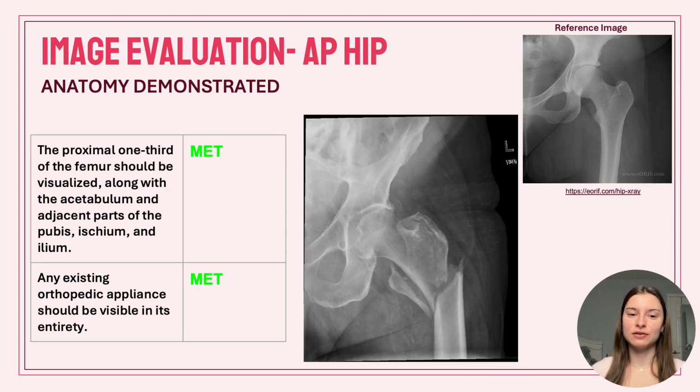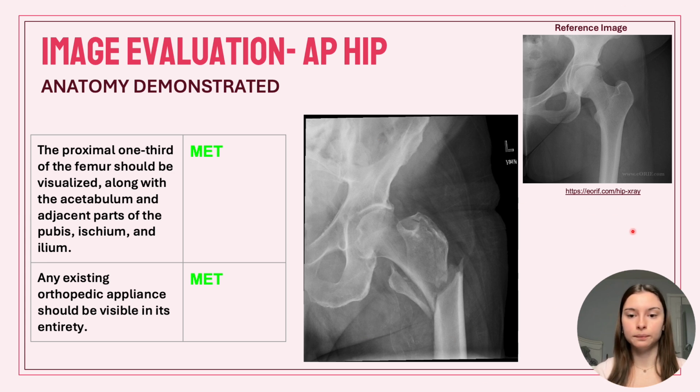So next we have the image evaluation for an AP hip anatomy demonstrated. The first criteria is the proximal 1/3 of the femur should be visualized along with the acetabulum and adjacent parts of the pubis, ischium, and ilium. So I did say met for this one because that proximal 1/3 of the femur can be seen along with the acetabulum and those other areas of the pelvis, and you can see on the reference image here, it looks